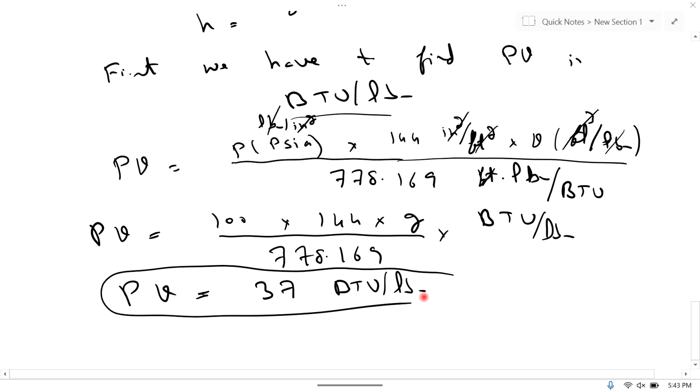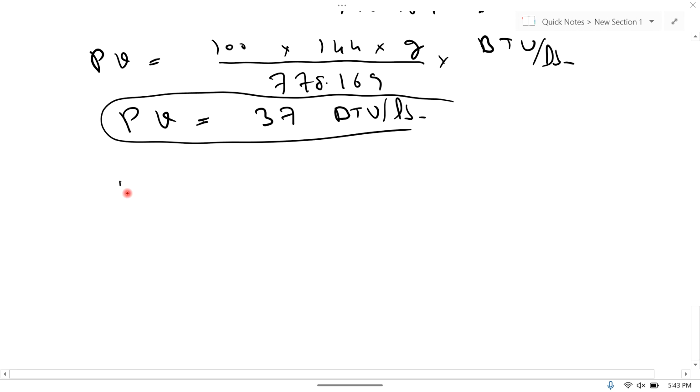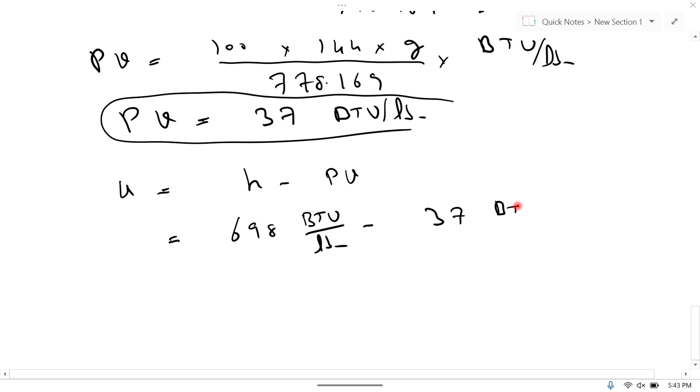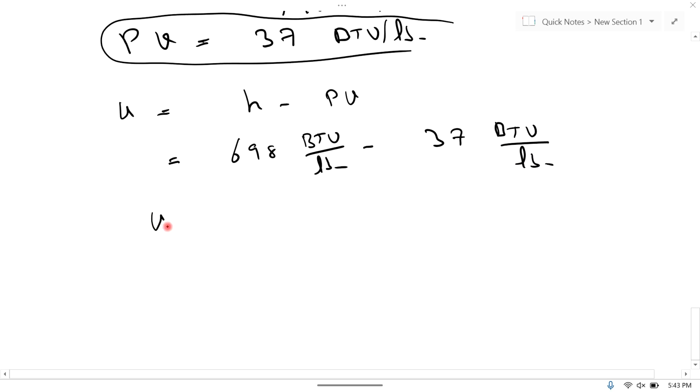Now we can easily find specific internal energy. Specific internal energy is H minus PV. H is equal to 698 BTU per pound mass, and PV is equal to 37 BTU per pound mass. So specific internal energy is equal to 661